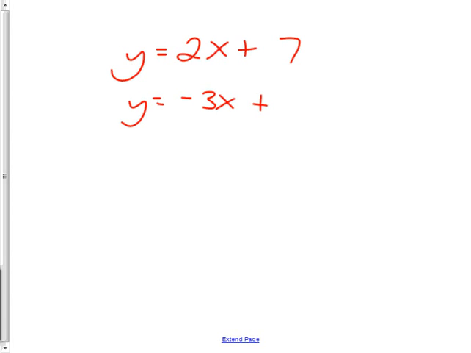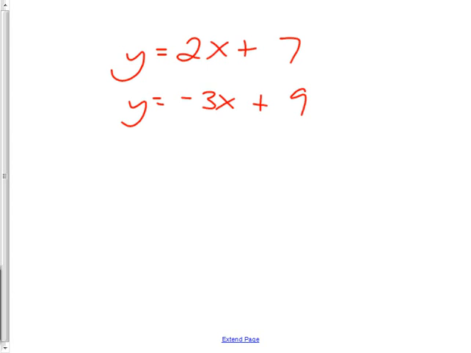All right, so we're trying to get ready for the linear programming test, and I want you to solve these two equations. y equals 2x plus 7, and y equals negative 3x plus 9. There's a place that they both intersect. Now, I'd recommend, in this case, since they're both solved for y, that you graph both of them and see